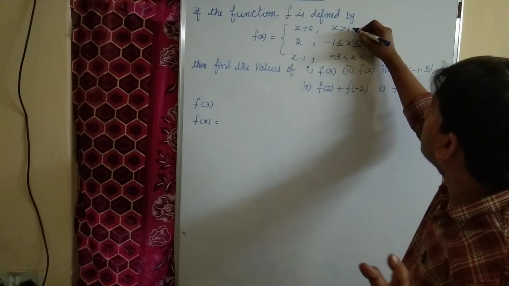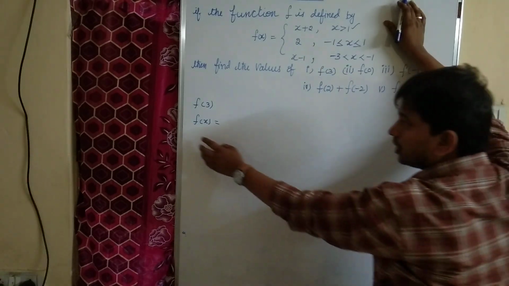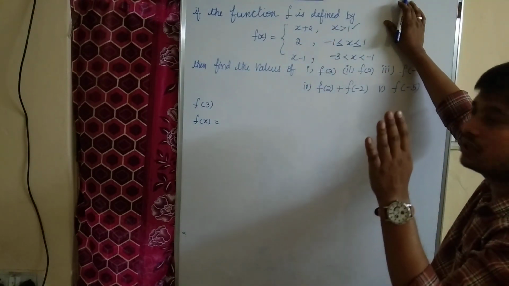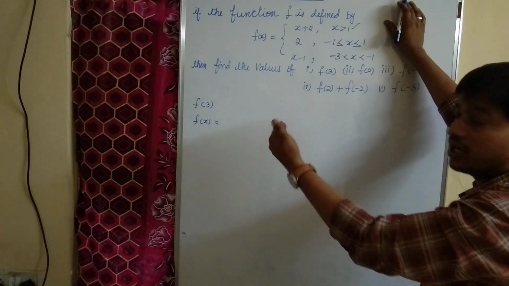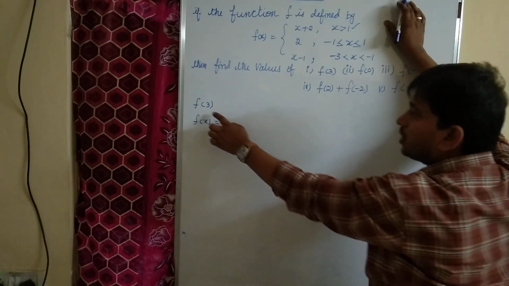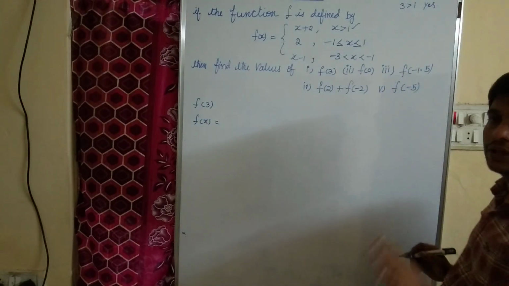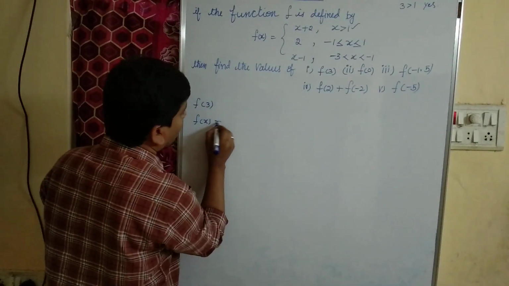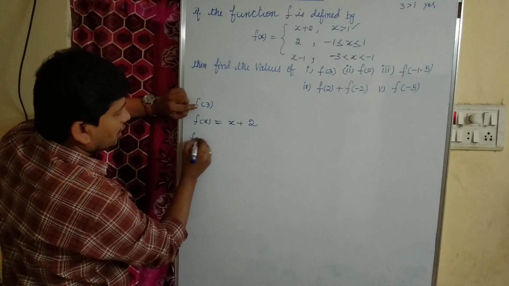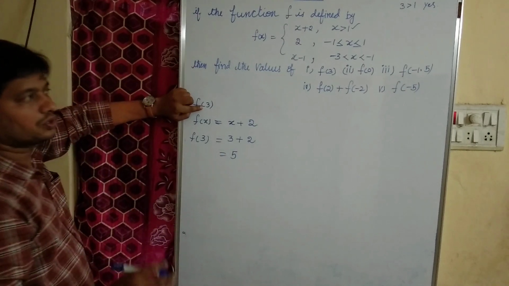This condition is very very important. Here what is the condition? Condition is x should be greater than 1. So here x is nothing but 3. Is 3 greater than 1? Children, try to understand. We take f of x equal to x plus 2 if x is greater than 1. As x value is 3, 3 is greater than 1. Yes, of course 3 is greater than 1. Then the function f of x is x plus 2. So in place of x, now you have to substitute 3, I mean 3 plus 2, which is equal to 5.